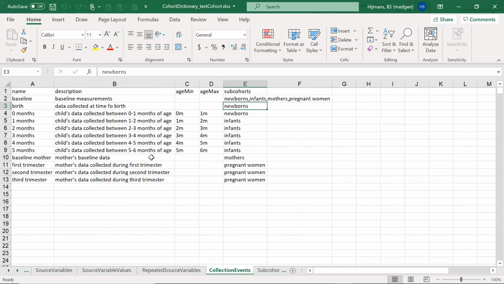It is possible to add a minimum and maximum age at which data must be collected for the collection events. These age min and age max need to be pre-listed in the database catalog ontologies under age categories. If you need to add an age category there, please contact us at